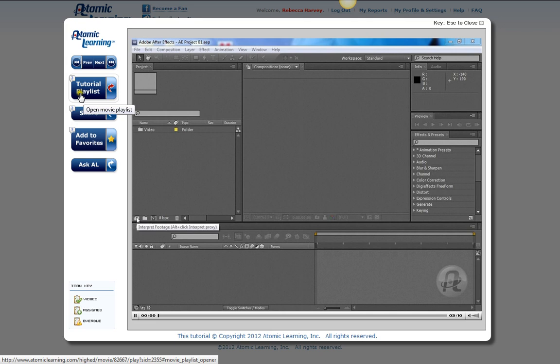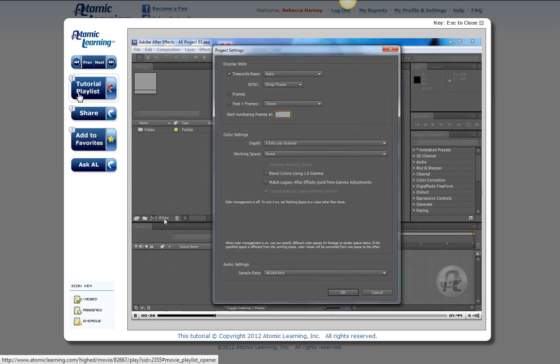I can also use my project window to change how my footage is interpreted within my project, to create a new composition, or to change the project settings within my project. To change the settings, I simply click on the 8 BPC button, and it will bring up my project settings